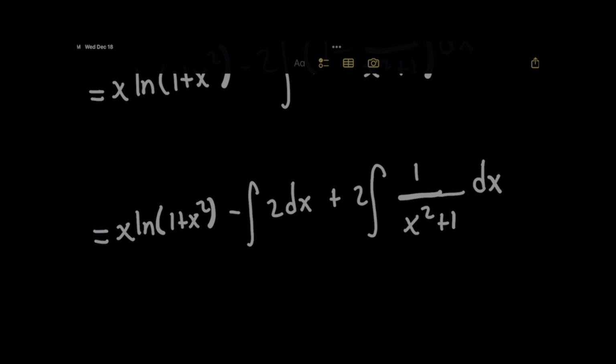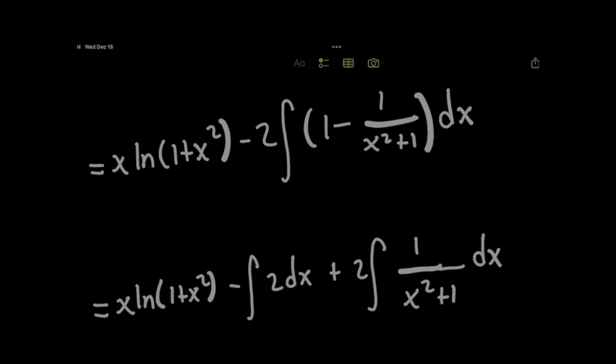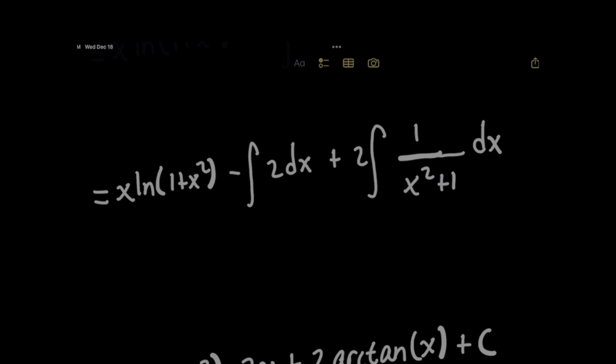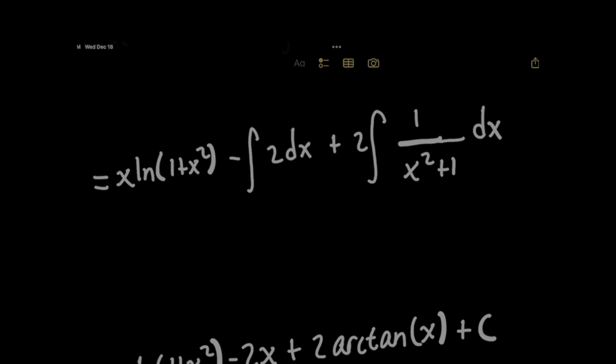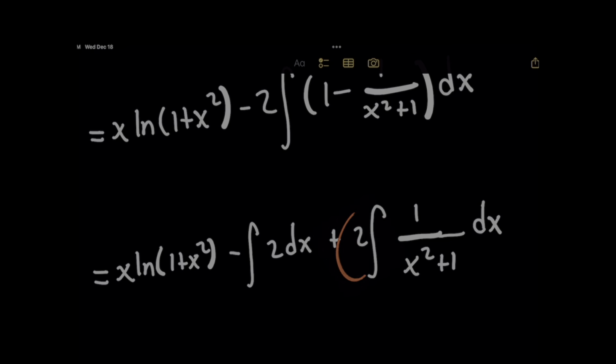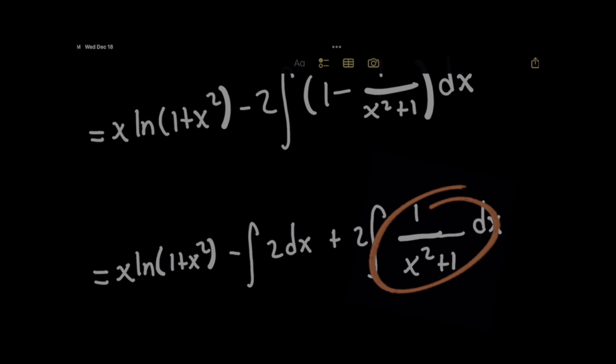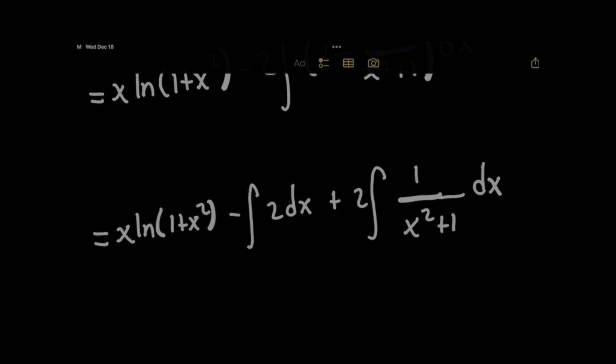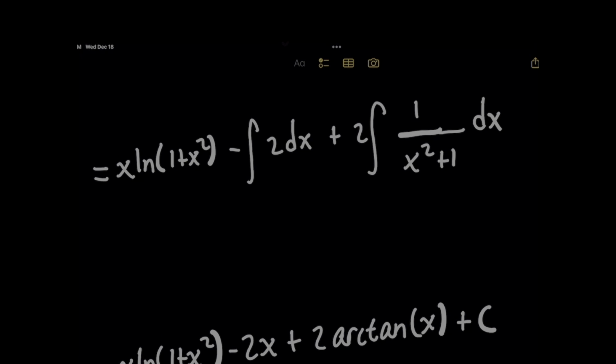And notice that for this first simpler integral, minus 2 times the integral of 1 dx, it's just going to be a constant integral problem to solve, right? Minus the integral of 2 dx will simply be 2x when you subtract that. And then I purposely left the 2 out in front of the right-hand side because the integral of 1 over x squared plus 1 dx is a very famous integral you should know by heart, which is going to be your arctangent of x. That's not what I'm going to uncover in this video, but for the next problem,